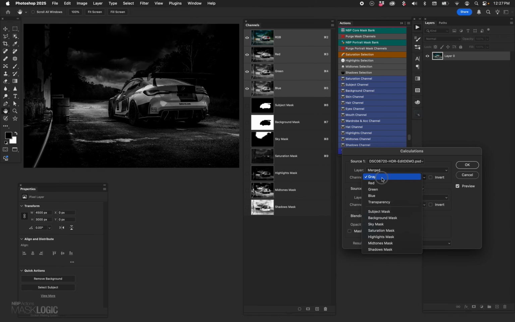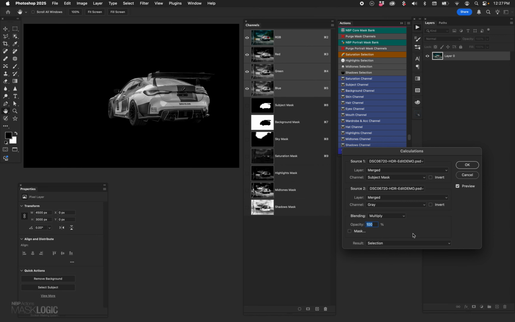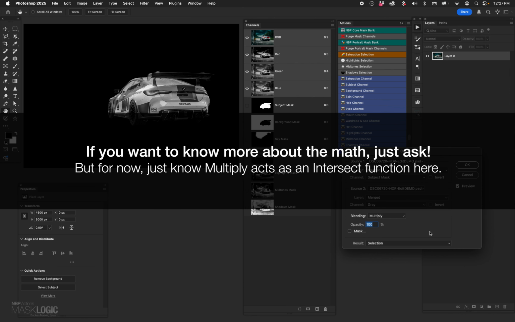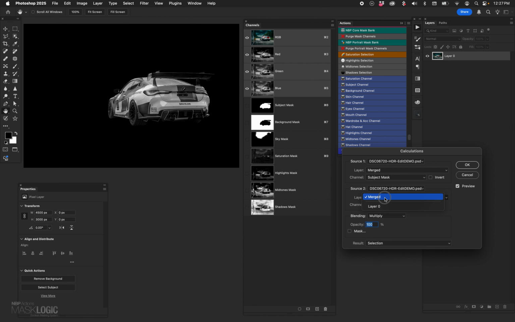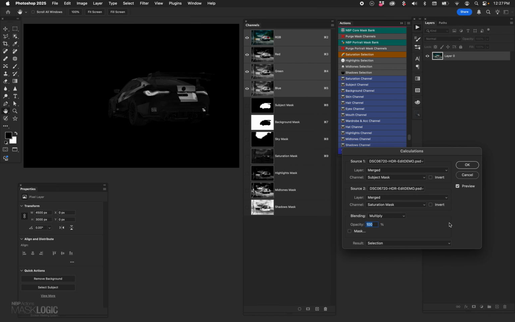The first thing I want to do, for example, let's say I want the subject. Cool. There's the subject and it's being blended with channel gray. In other words, the default that I had it on with the blending mode of multiply. Multiply here, with the way these channels are made, acts as an intersect function, an intersect calculation. So if I choose, instead of gray, saturation, now I'm getting a saturation mask